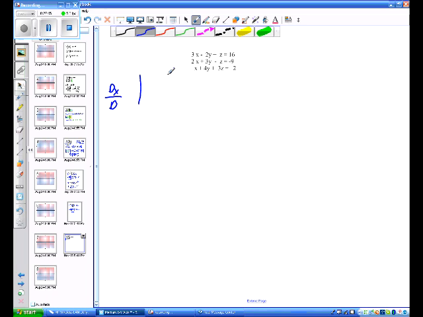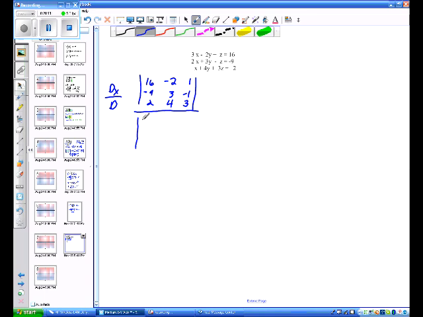So that's going to be, in place of my x column, I'll put my answer column, 16, -9, 2. Then I'll put my y column, -2, 3, 4, and then my z column, 1, -1, 3. Now, if you notice, we didn't have any zeros, so we're going to have to do the whole thing,